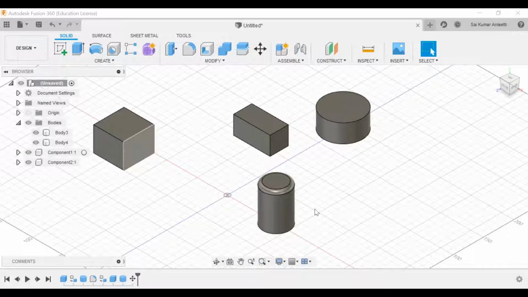For components, each has its own origin and its own properties. For this one, if I want to change the color or another property, this reflects the same for both of them. That is the difference between a body and a component. The major difference is your origin, or your UCS, the universal coordinate system. So generally we go with origin, fine.